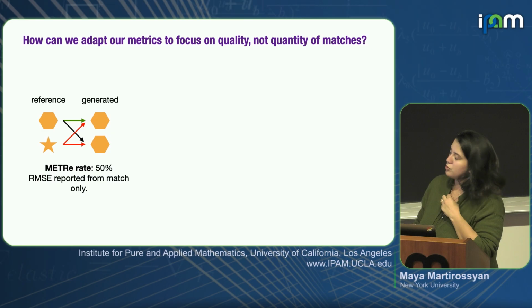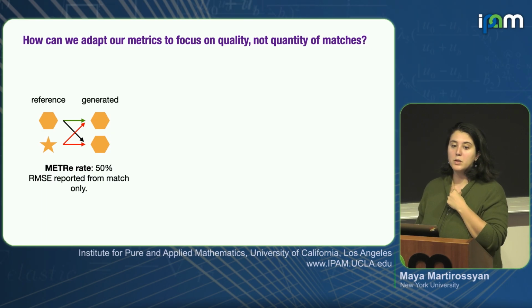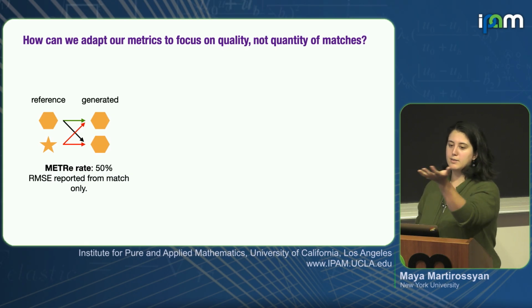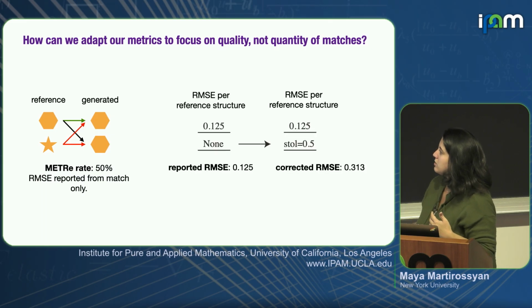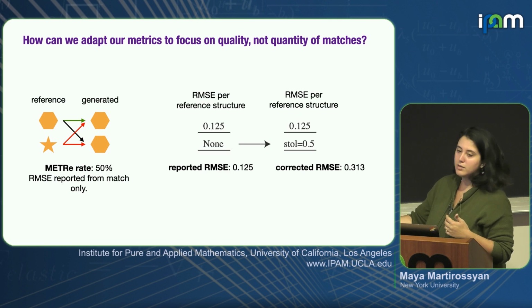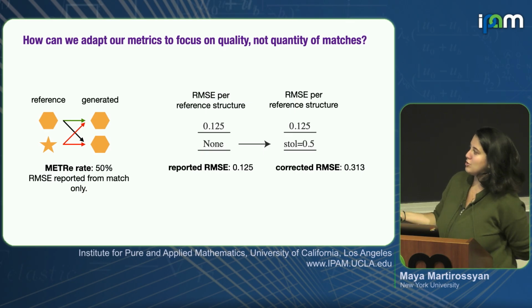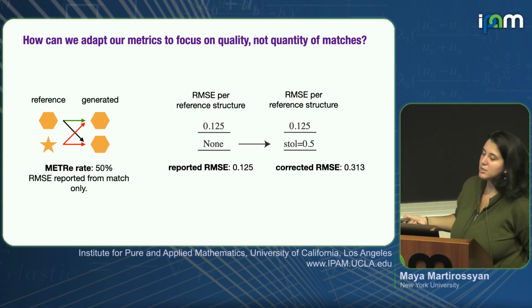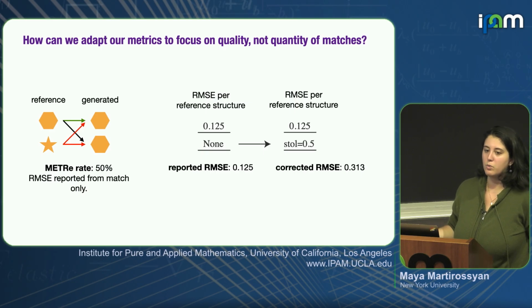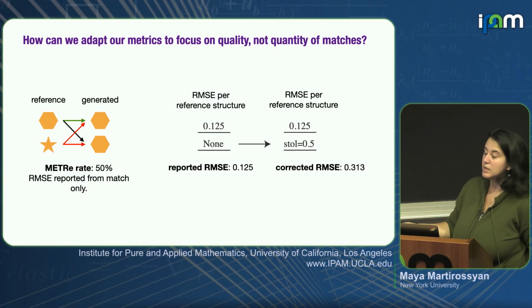And then we also wanted to adapt our metrics to focus on both quality and quantity instead of having separate ones. The match rate and the quality of the match, with the root mean squared error, should really just be one metric. So anytime you fail a match, you get a none response, a null response. What we do is replace this null response with the maximum tolerance used by our structure matcher. It's a way of baking in a little more quantitative information, and then you can combine the metrics.